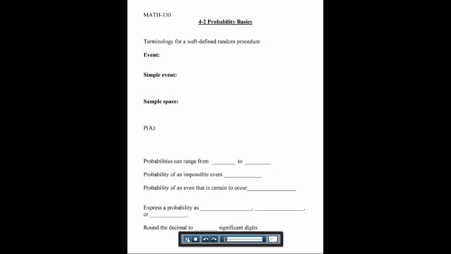In this section, we're going to talk about the basics of probability. So first we have some definitions. We're going to have some random procedure. This could be something like flipping a coin or rolling a dice or drawing a card out of a deck of cards. So an event is any collection